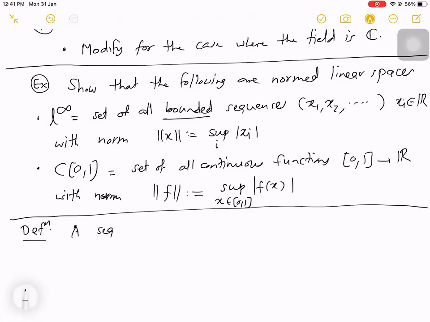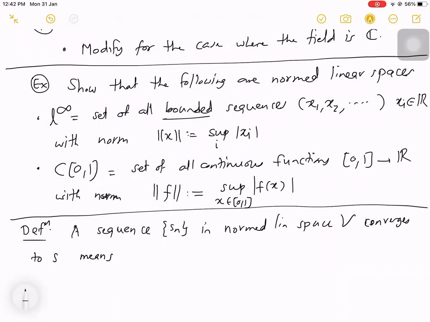I'll just write down a sequence, I think I called it s_n last time, in a normed linear space V. Let's say it converges to s, which means